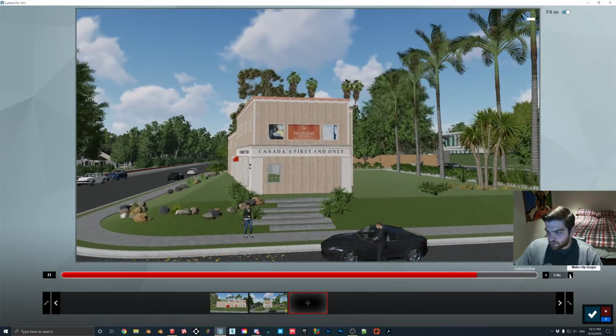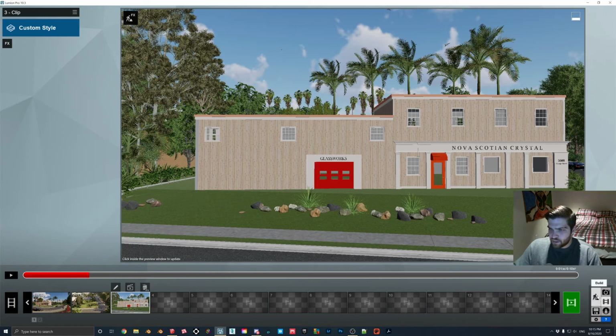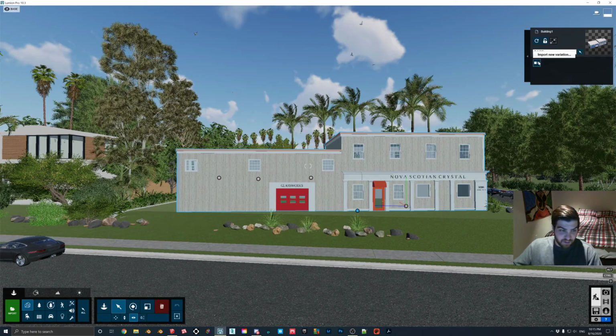I did need to make a little animation, but it doesn't have to be anything. I just like to have it moving around a little bit. So what we're going to do is hop back into object mode, and then we're going to select this. Now, a lot of you might have seen this before, but haven't really clicked it. So if you actually click